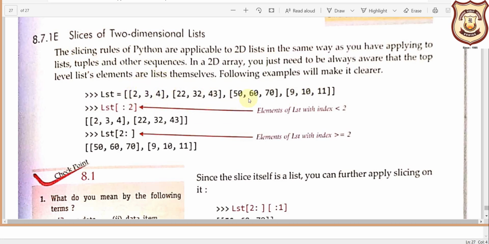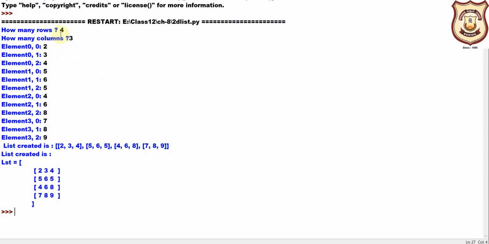So in this example you can see 4 rows and 3 columns. The first row is like this, second row like this, third row like this, fourth row like this. So there are 4 rows inside this 2D list, and every row contains 3 columns. I hope it is understandable.